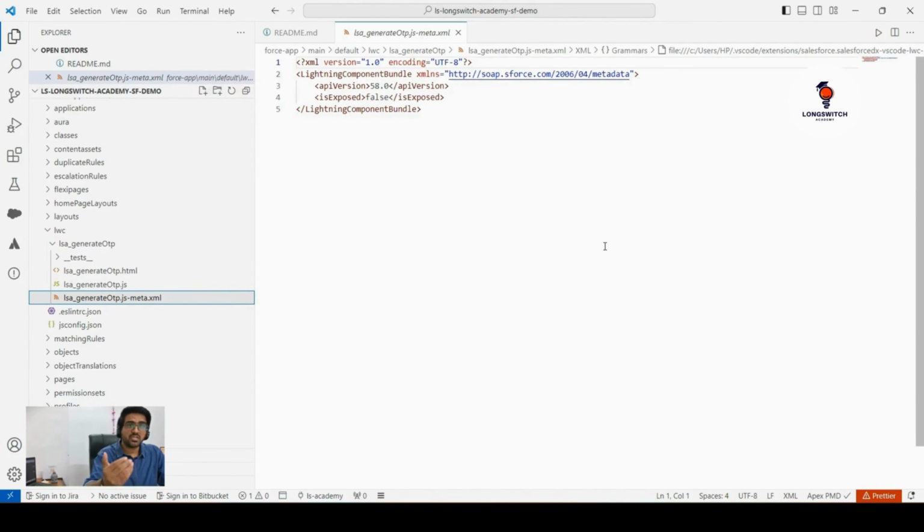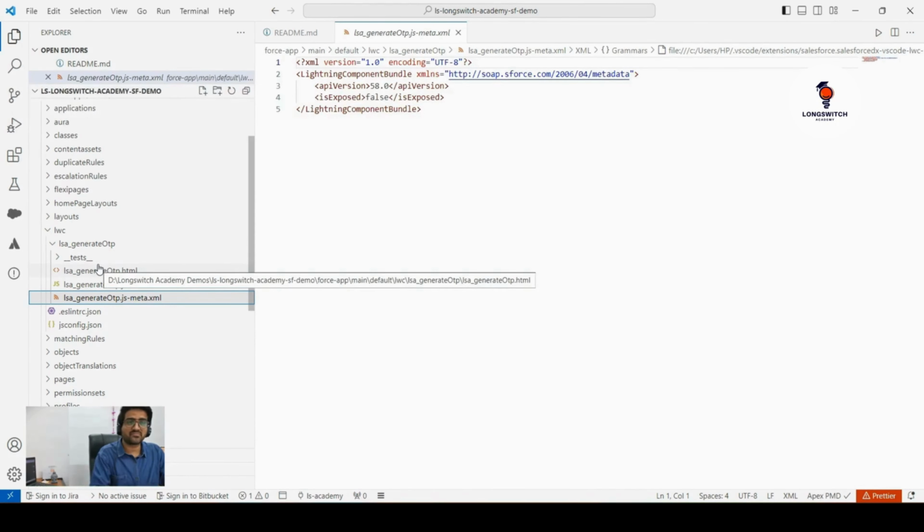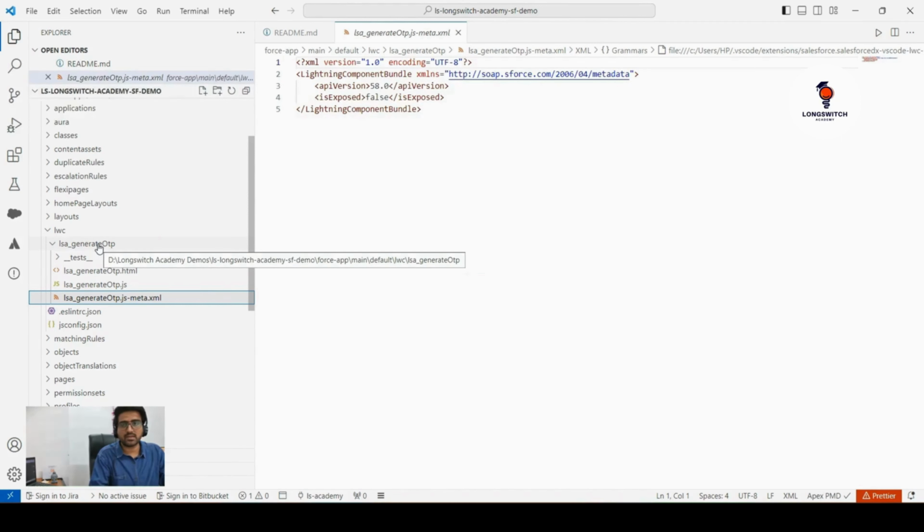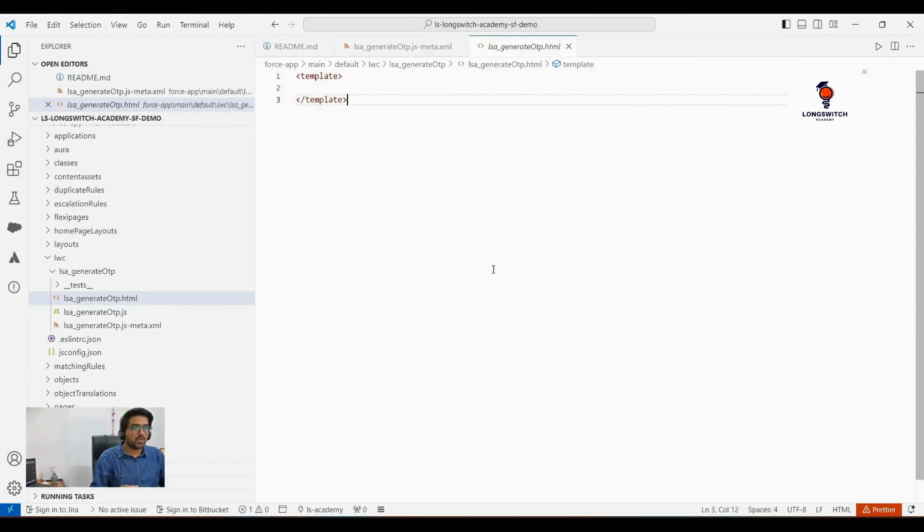And in certain instances you can also have your own CSS file related to your LWC. In this case, if we have to specify custom styling for my demo LWC, then I can also have one more file called lsa_generateOTP.css. Okay, that was it about the basic file structures used with the LWC. Now let's